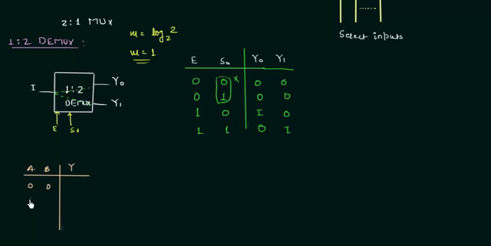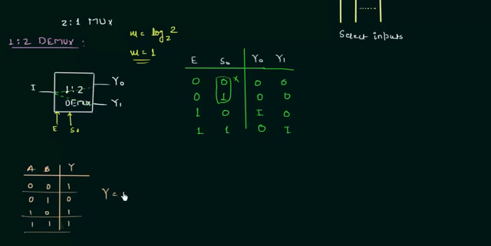Two variables, so we have 4 combinations, and this output Y is, let's say, 1 0 1 1. This is the value for output Y, and this example has to do nothing with our demux. To find out the expression for Y, we consider all the cases for which the output Y is high. We have 3 such cases, but we can definitely consider all the cases. So let's see what we have.